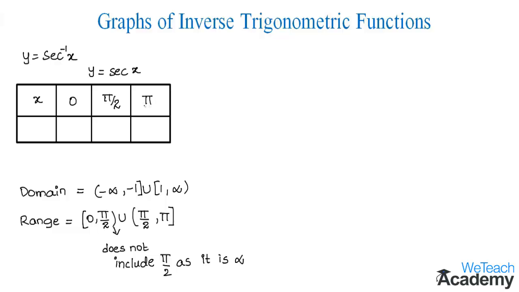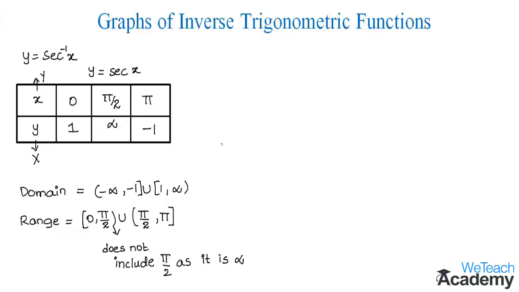Here these are the values of x, and then substituting the values of x in the function, we get the values of y. By interchanging the domain and range of this function, and marking the values of x on the y-axis and the values of y, which are nothing but the domain of the inverse trigonometric function, on the x-axis, we can draw a graph for y equal to secant inverse x.